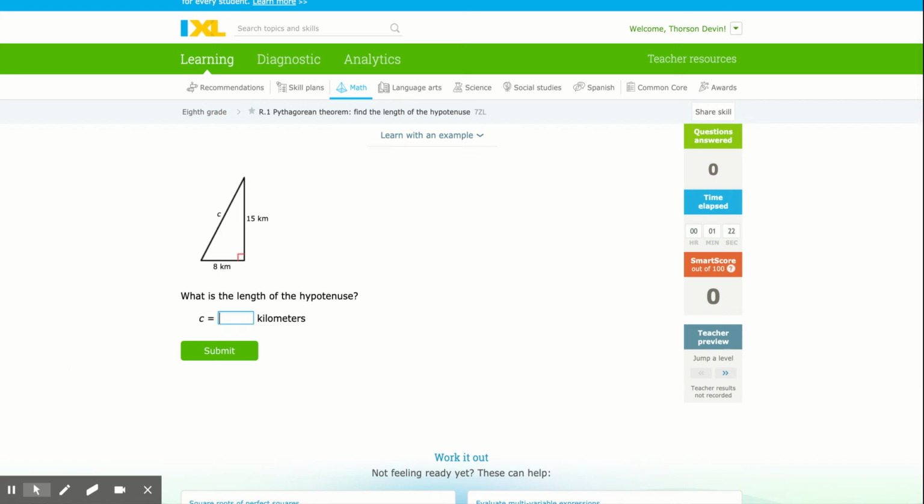Welcome. This lesson is about Pythagorean's theorem. Pythagorean's theorem is basically a relationship between the three side lengths of a right triangle. Now, the first thing I want to emphasize is that a right triangle should always have this little square in